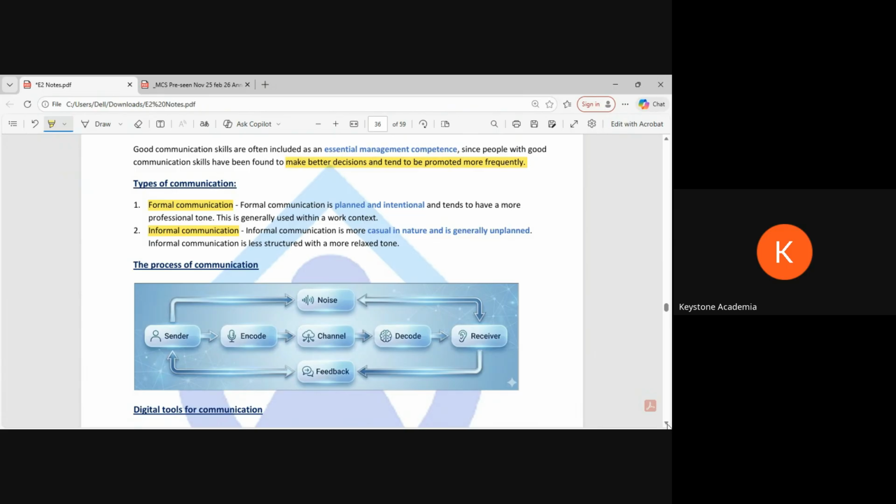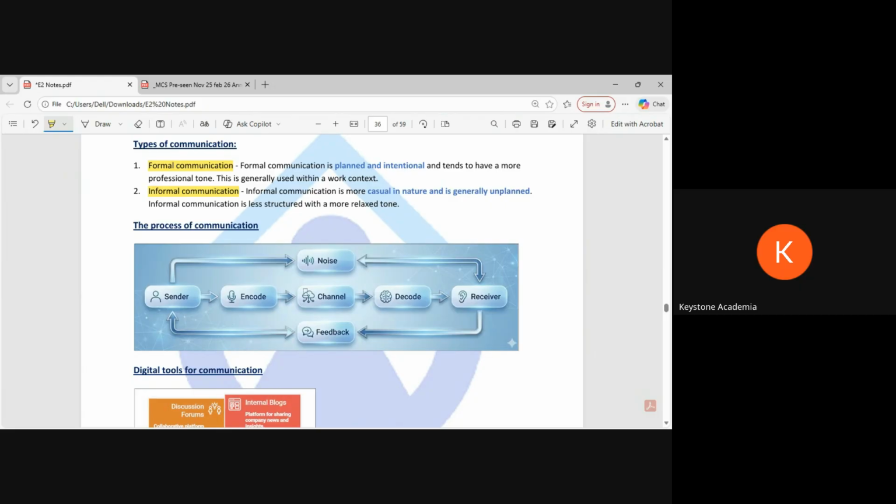Communication sounds easy, but it's very difficult because people are from different cultures, different backgrounds, different geographies. For example, here is a very good chart. Let's say you are the sender. You are saying something, you have something in mind, and this is your choice of words. The choice of words is the first thing that is important. Then the channel you are using. Let's say it's a meeting where you're just talking, or it's video plus audio, or it's just text. That's a channel. Then how the other person decoded it.